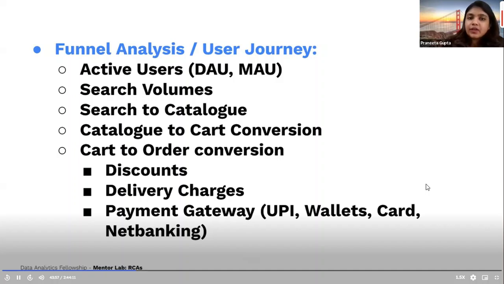Then comes the user journey and the funnel analysis. More often than not, this is what will give you the answer to where exactly you should focus in the user journey on the app, right? And this will help you find that root cause. So what I did was in my user journey, I started off with the homepage. In fact, you guys should think about it, right? What do you do when you go on the Amazon app? You go on the homepage, then you select the category you want to